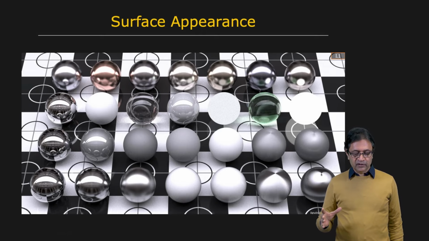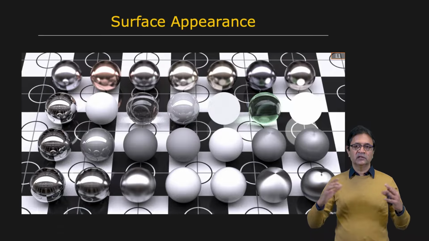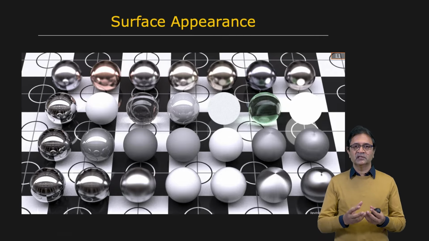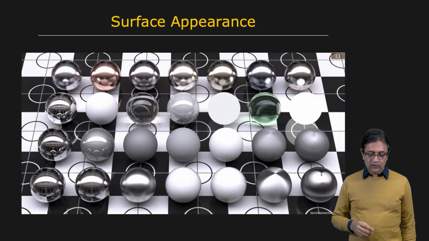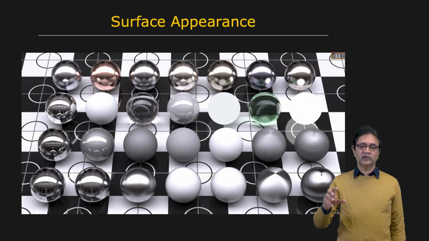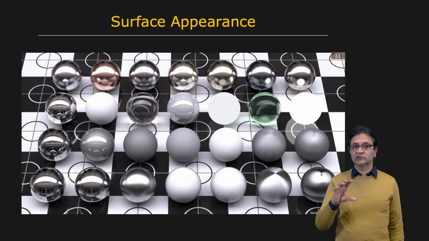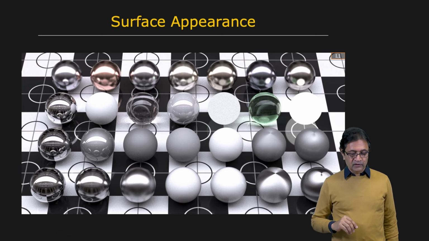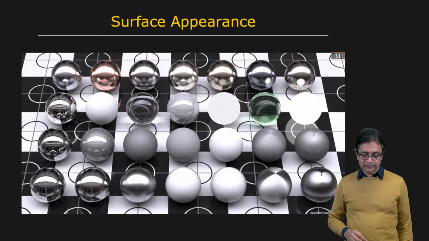Here's a bunch of spheres in the scene which are rendered, and the illumination in this case is very distant. So irrespective of how complex the illumination is, every sphere here is essentially seeing the same illumination. And also the spheres are being observed by a camera that is really far away. So the viewing direction for every sphere is also the same. So the only reason that these spheres look different from each other is because they're made of different materials, and therefore they have different reflectance properties. They have different abilities to take light from a direction and reflect it in a different direction.